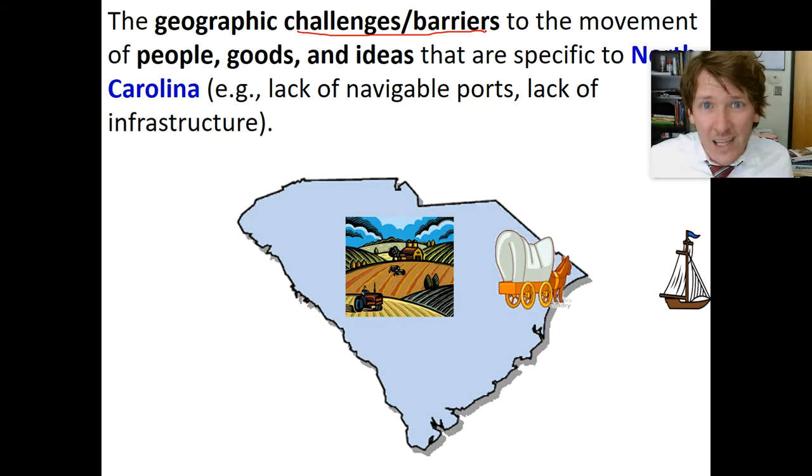I'm not going to live in the mountains because it's much more difficult. So guess what? A lot of people share that same idea, and there's not very many people that live in the mountains. Same thing with North Carolina. There was a barrier, and that barrier was enough to convince people, I'm going to South Carolina, I'm going to go to Virginia.